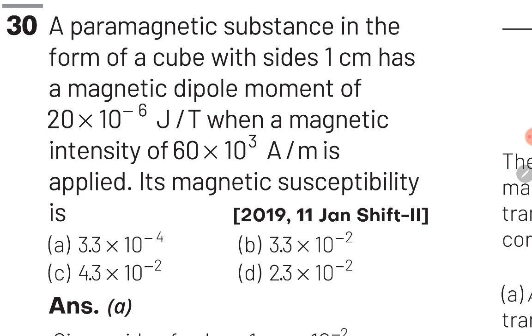So guys, once we obtain magnetization, we need to divide magnetization by the value of H, which is magnetic field intensity, and this will give us the value of magnetic susceptibility. So in summary, we need to use two formulas. The first formula is magnetization is equal to chi into H, where chi is magnetic susceptibility, and the second formula is magnetization is equal to magnetic dipole moment divided by volume. So let's observe this in the solution in the next slide.